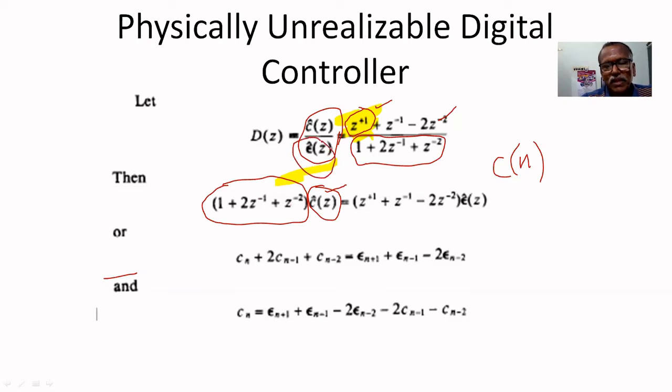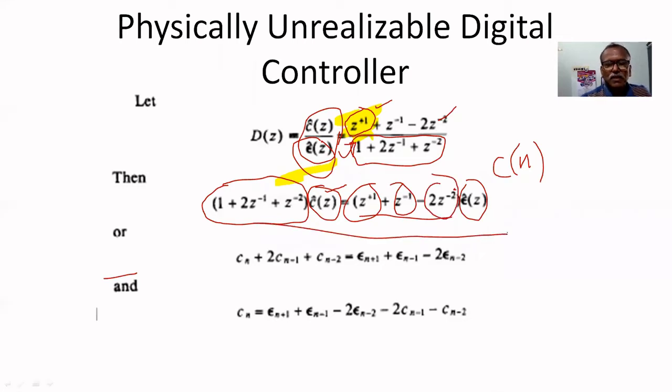You bring this to the right hand side. So what you will get? E of z on the right hand side and the numerator terms, Z power +1, Z power -1, Z power -2. If you multiply like this and find the Z inverse,